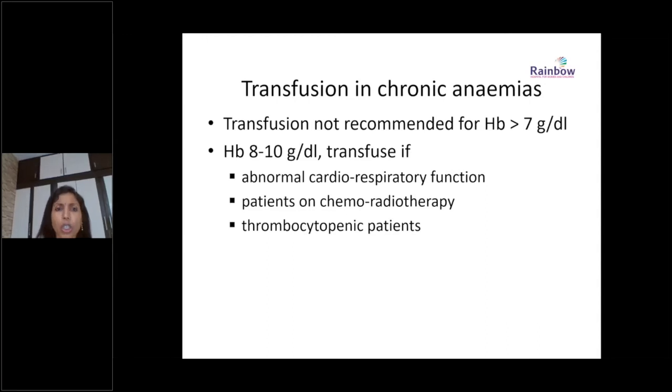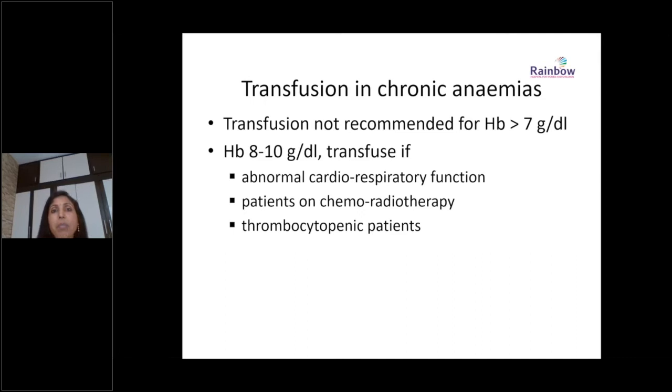How do you decide transfusion in chronic anemia? Generally for chronic anemias, for example, if you are looking at a child with non-transfusion-dependent thalassemia syndromes like NTDTs, thalassemia intermedia, HbE and other NTDTs, in those cases you would like to maintain the hemoglobin above 7 with good growth parameters. You also have to monitor their growth, ensure that their hemoglobin is above 7, and at the same time ensure that there is no active extramedullary hemopoiesis in those children.